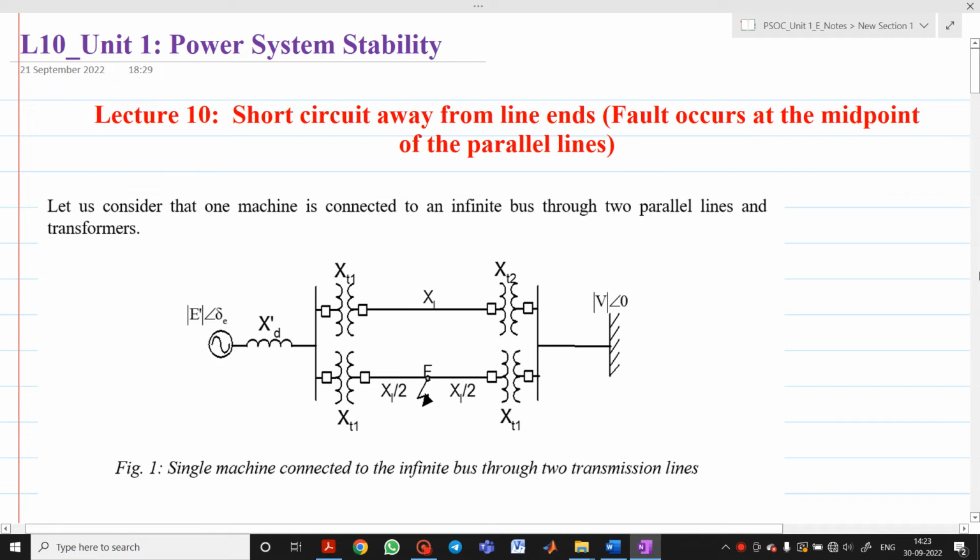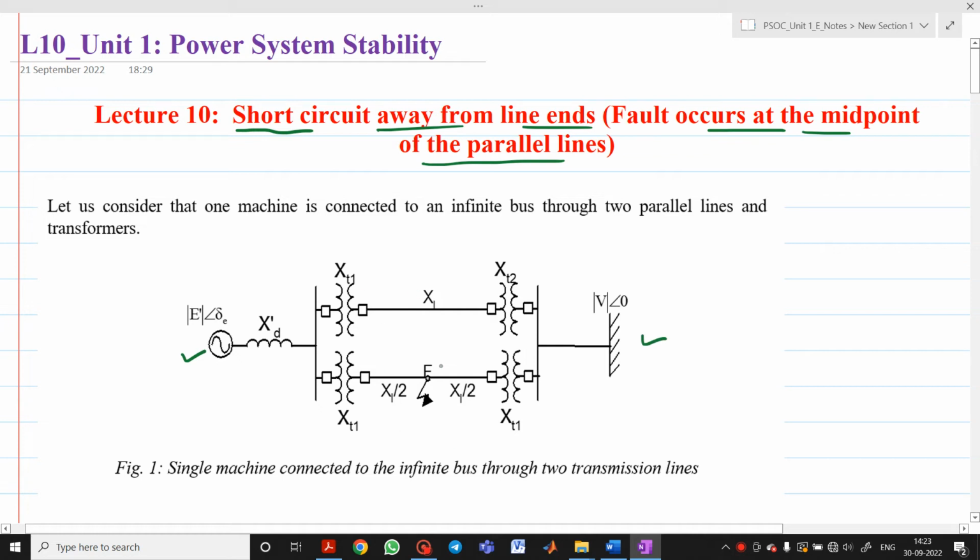In this video lecture, we are going to discuss a topic from power system stability, and the name of the topic is short circuit away from the line ends, or it is also called a fault occurring at the midpoint of the parallel lines. So let us consider that this is a single machine which is connected to an infinite bus through two parallel lines